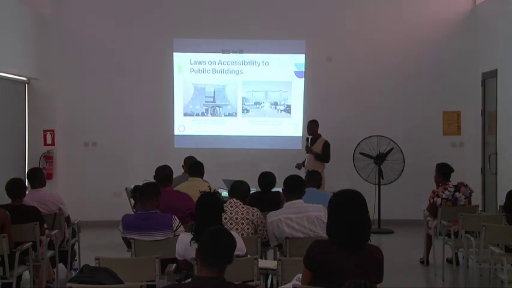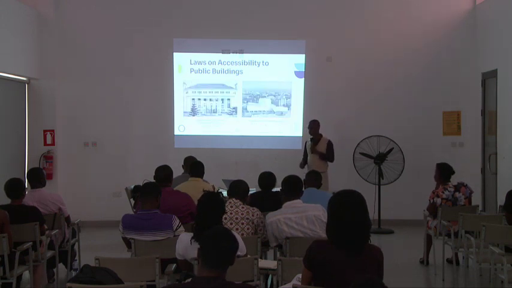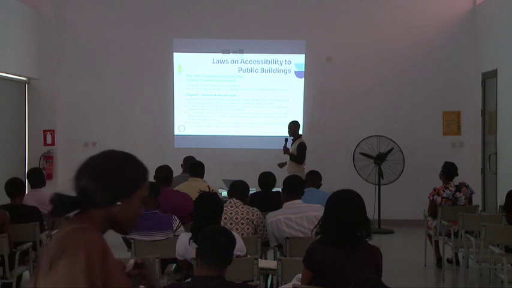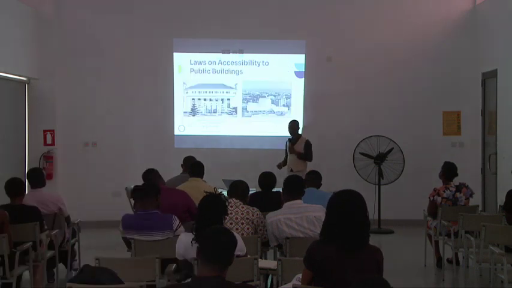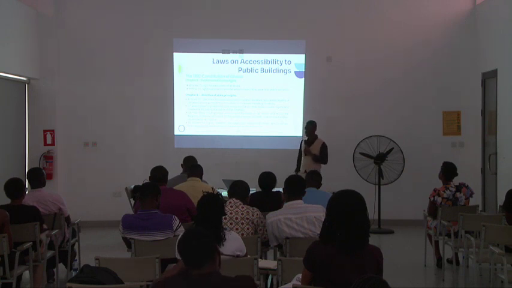So the law says that all of us should be able to go to the Jubilee House, to Parliament House, to the Supreme Court, the National Theatre, and all these places. And these laws, as we look at it, are the 1992 Constitution, Chapter 5, Chapter 6, Section 20, Articles 25 and 29 of Chapter 5, which tells us about the right to education and equal accessibility.